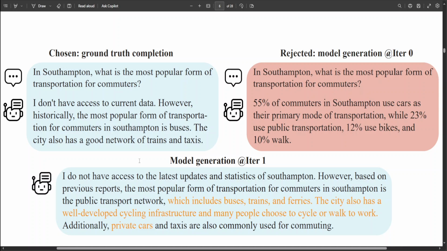One thing I wanted to show you is this example where we have this ground truth. This is an example of ground truth completion compared to the fine-tuned model generation at iteration 0 and 1. Give it a minute to read through it, and then you will see that we can observe that the